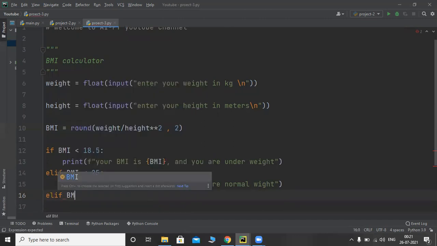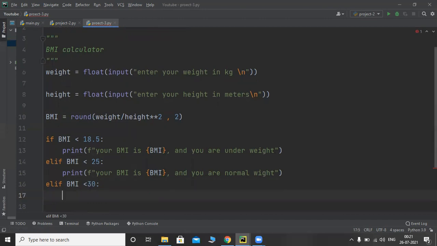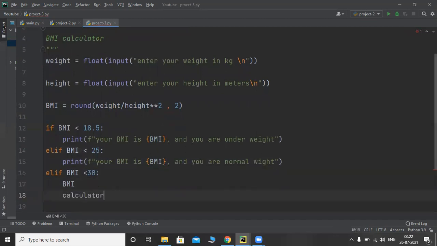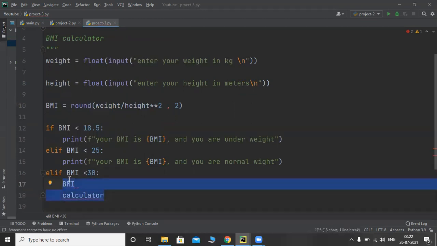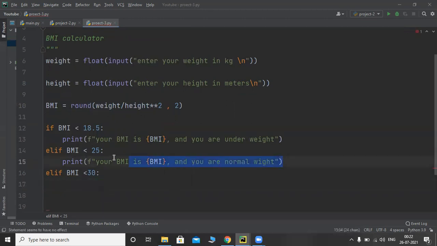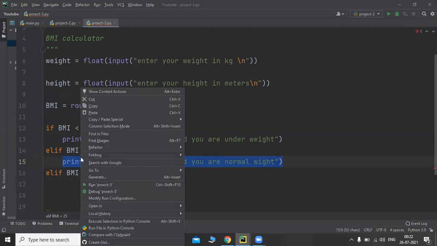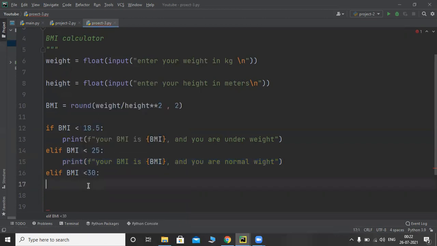And if the BMI is less than 30, my cursor is not working properly. I will copy the same line here.